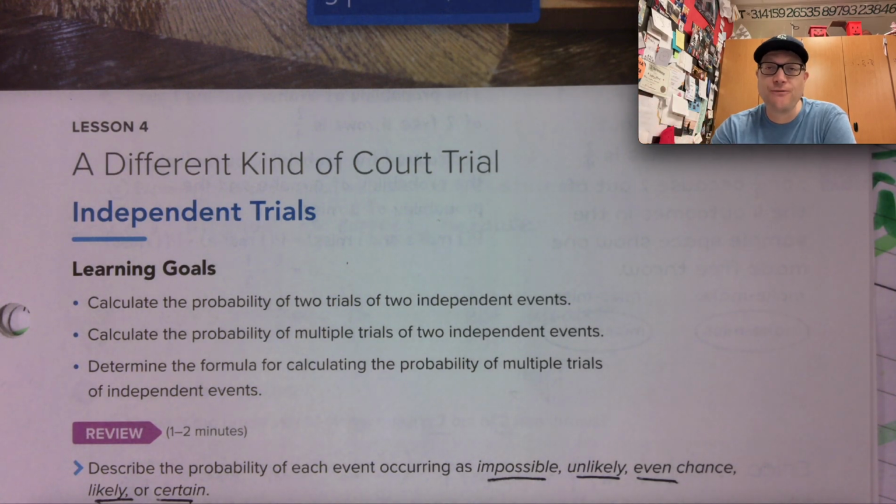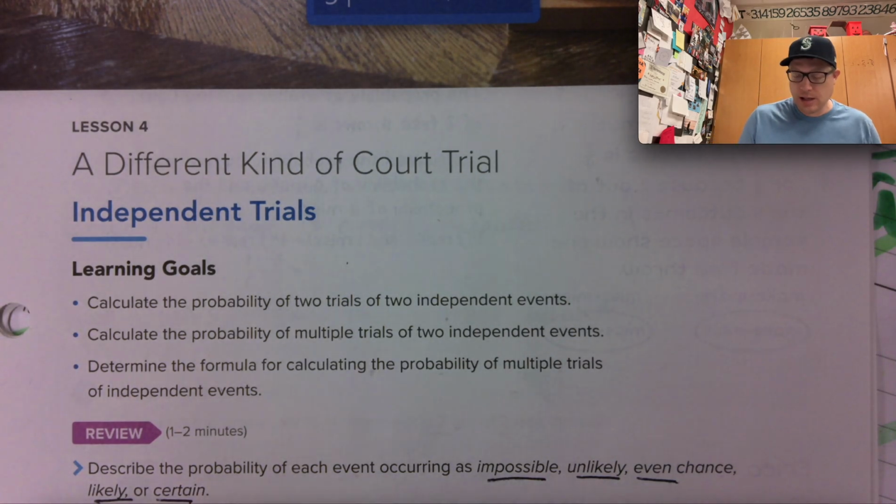You guys, this is lesson 4. Lesson 4 is talking about independent trials, and we're going to discuss the probability of the two trials happening from two different events. So let's highlight our learning goals, and then we'll do the spiral review in this first video